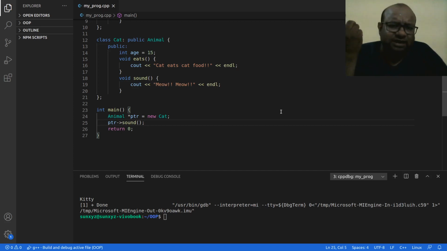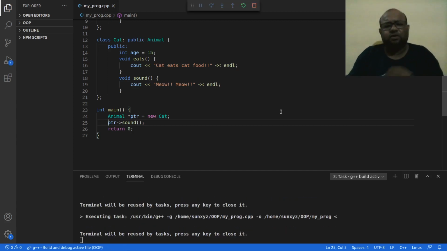So I would expect that since my pointer is pointing to a cat object, it should print meow meow onto the screen, right? What I am saying is when I call this sound method, the method that I have overridden in my child class should be called. That is my expectation.